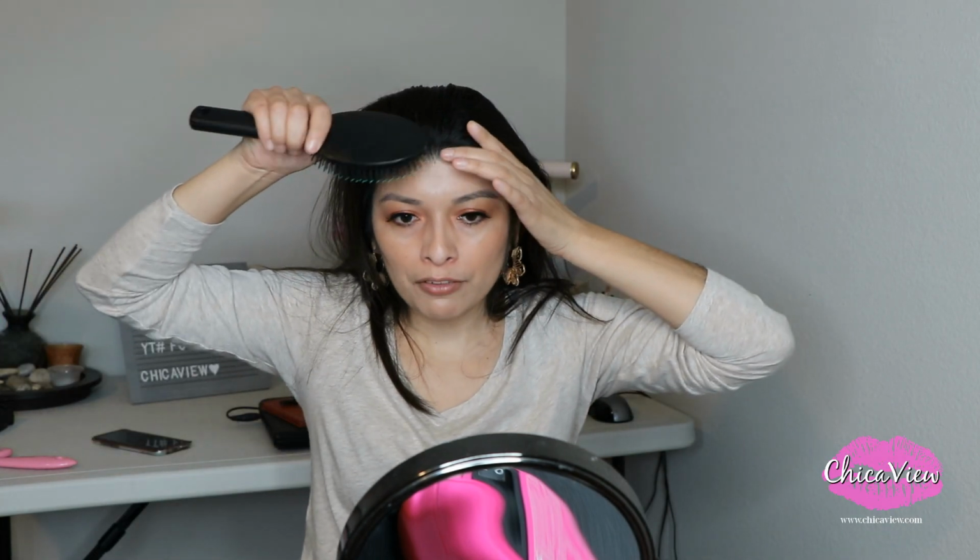Okay, so the first thing we need to do is divide our hair in two sections, and that's what I'm going to do. For me it's easy to divide my hair in two sections because I have a heart shape, if you can see, and I should be able to divide my hair in two sections based on that little heart shape. And let's see, so I'm just combing my hair,